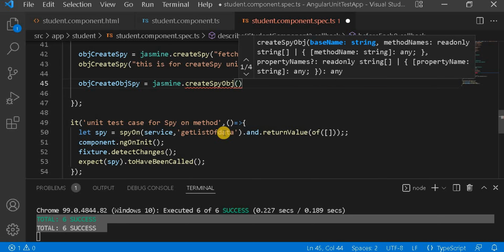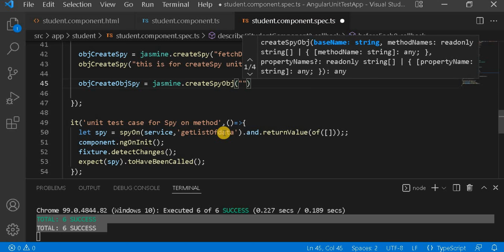And inside this, first we have to give the base name, and then we have to give the methods. There is a situation when you want to call multiple methods. In that case we can go with the createSpyObj.